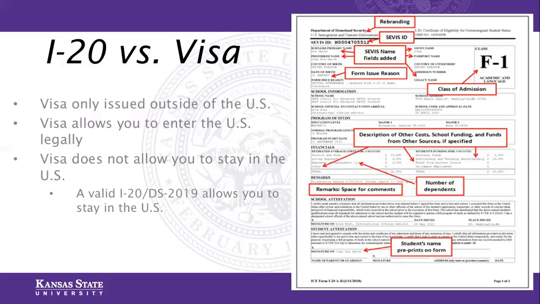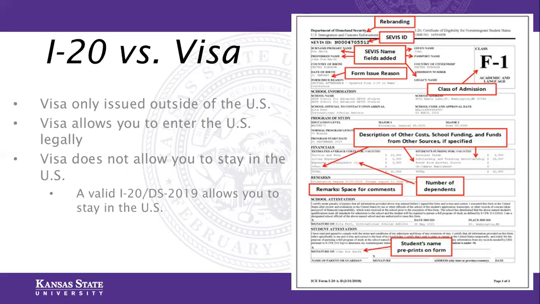What I would like to highlight is when you receive this document, as I mentioned, it's a critical immigration document for you, and you want to review it very carefully. Make sure that the information matches what you believe it should. If you have any questions about it, you should contact your admissions office and ask for clarification. And then the second thing I really want to clarify, because this is often